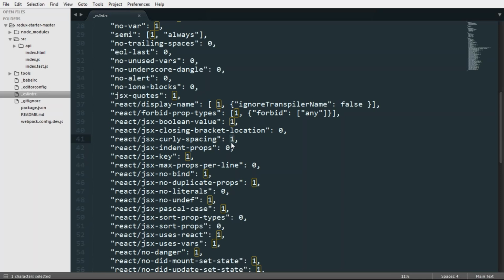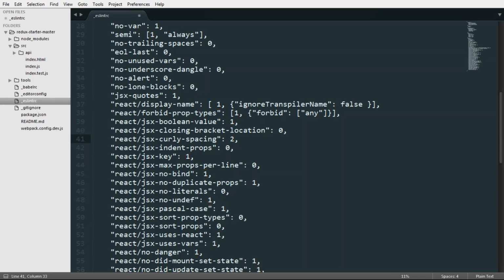So if anything is wrong and you have given a weight of 2, in that case it will fail your build and you will be able to see the error. Like if you are putting some spaces while defining the curly braces in your React component, then you will get an error while building this component. JSHint, JSLint, these are different NPM modules which are actually providing you the common syntax of writing the code. Your developers might be using different editors, but just give them these ESLint configurations so they will get a warning if they are doing something else while writing the code. So this is just a basic setup.